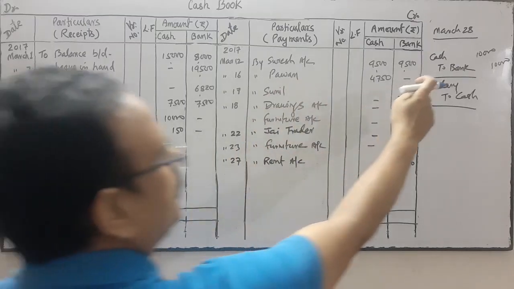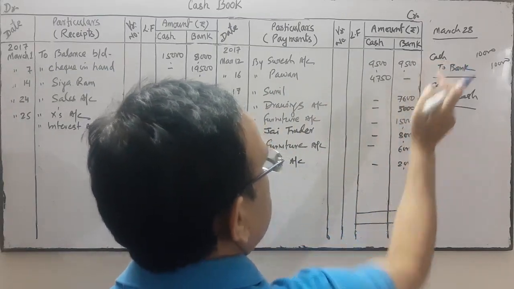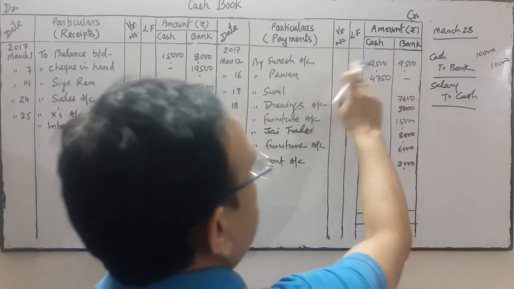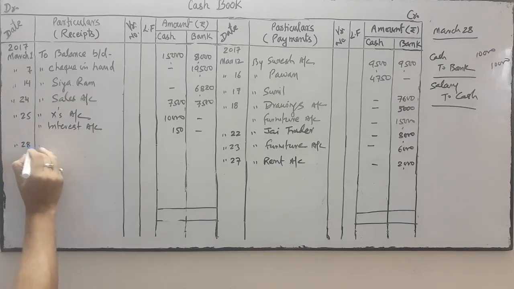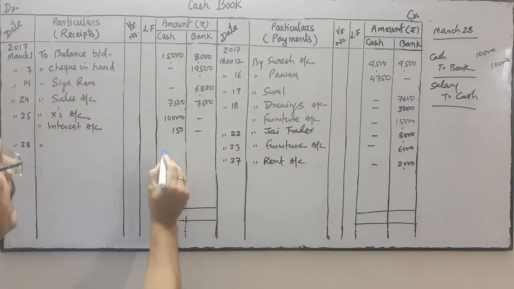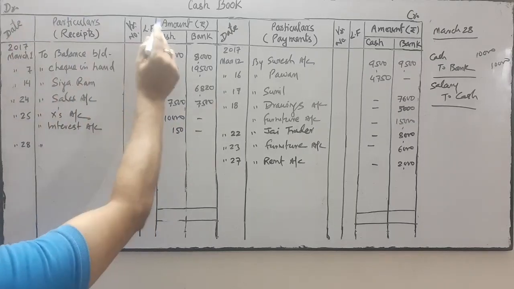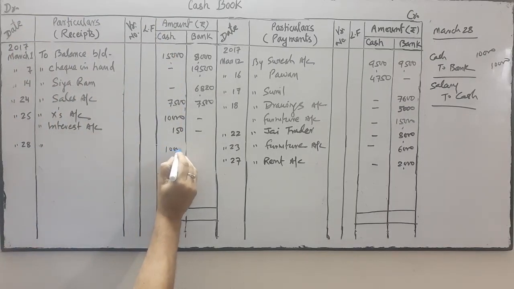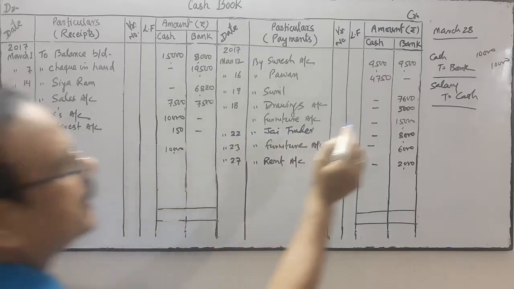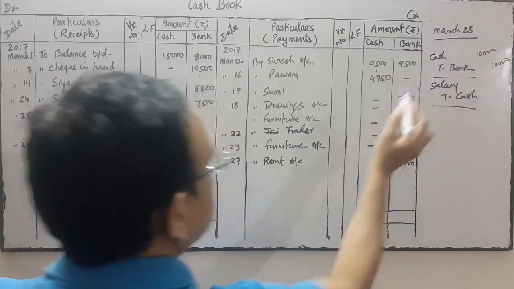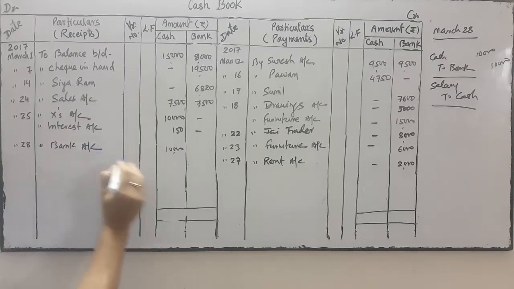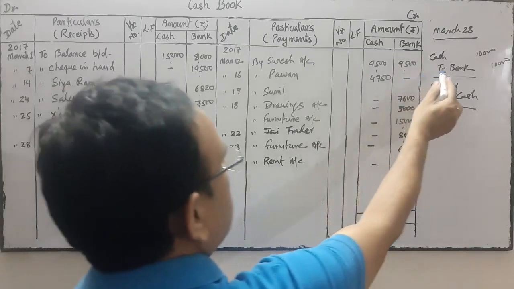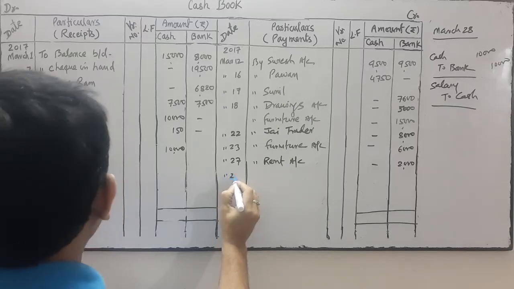First one, I am going to record the first one, cash is on debit and bank is on credit. This will be posted on both sides of this book. So here date is 28, cash is on debit, so I am going to write on the debit side of the cash account 10,000. What will I write in the particulars, opposite of cash? Bank account, to bank account 10,000. And bank is on credit, so on the credit side I will do the posting on the same day.